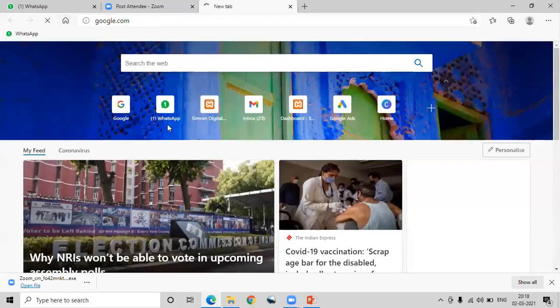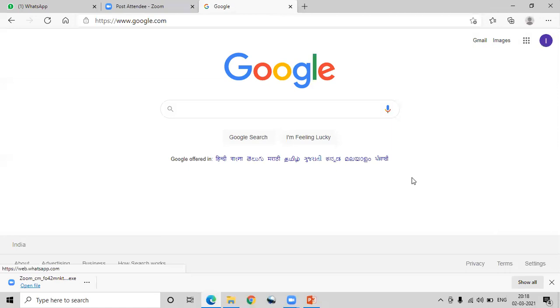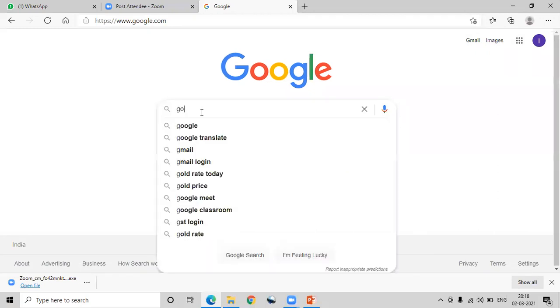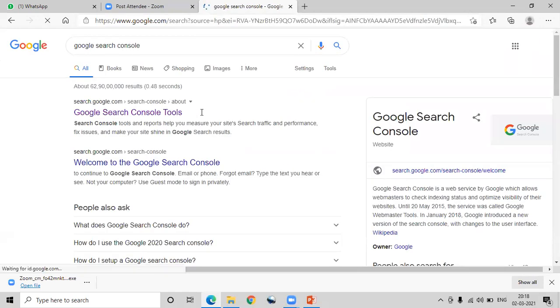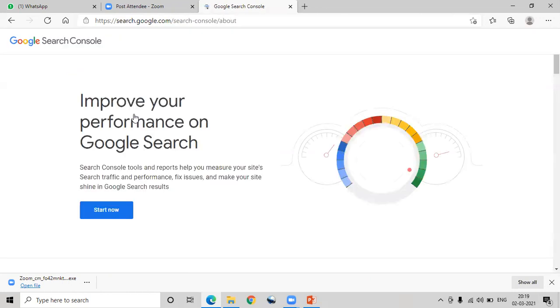Are you able to see this? Yes, sir, I can see. Just go to Google and search Google Search Console. Click enter. Now you will see this result. Click on Google Search Console, then click on Start Now.